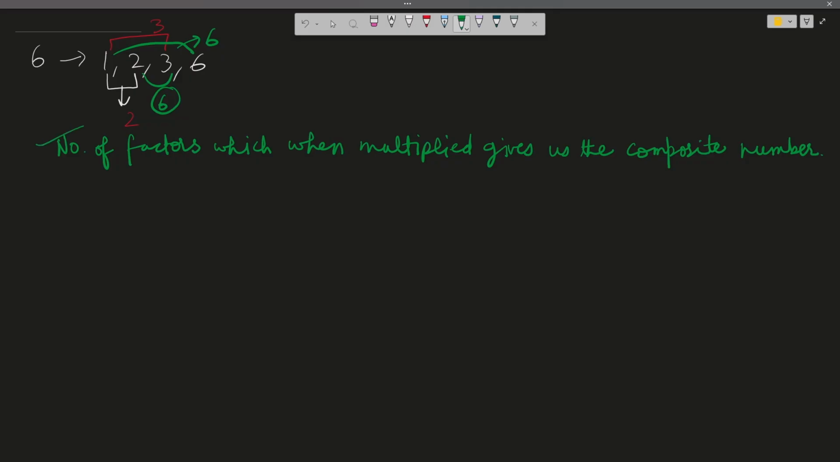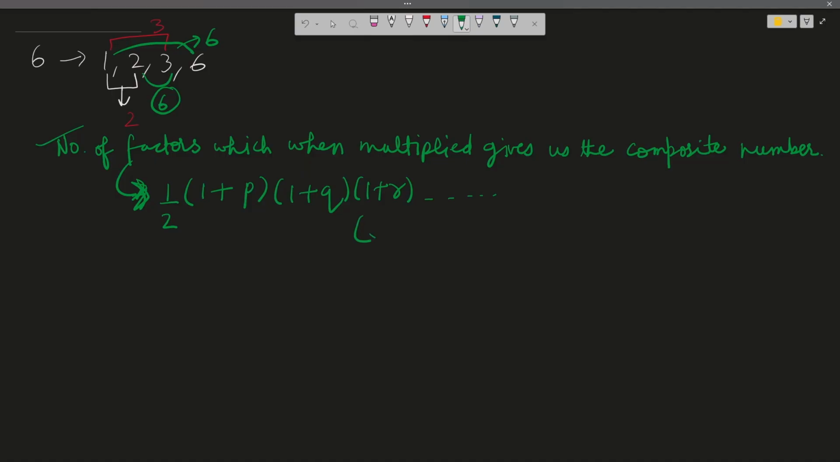Now a direct formula for this comes out to be half multiplied by 1 plus p into 1 plus q into 1 plus r and so on,